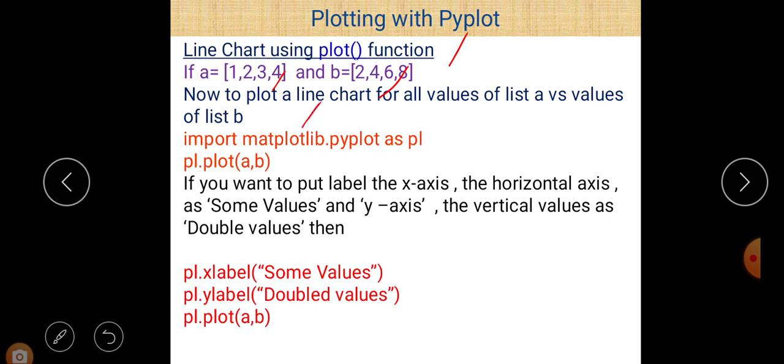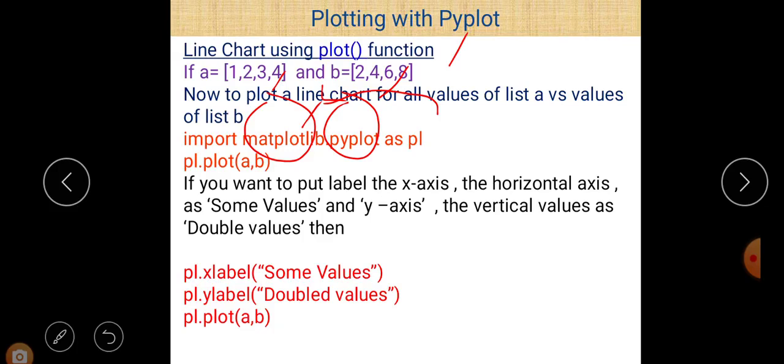First write matplotlib, the name of the library, then the dot operator, then pyplot, and after that write as plt. plt is an alternative name given to matplotlib.pyplot, so we don't need to write matplotlib.pyplot every time. And plot is a function.